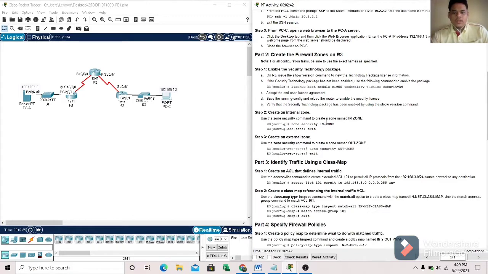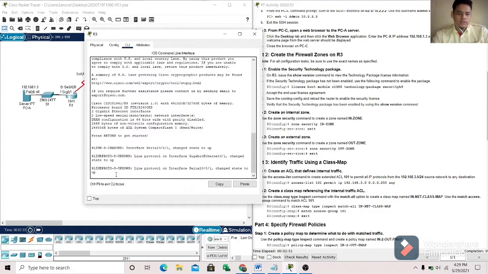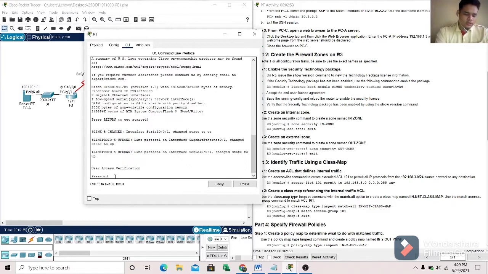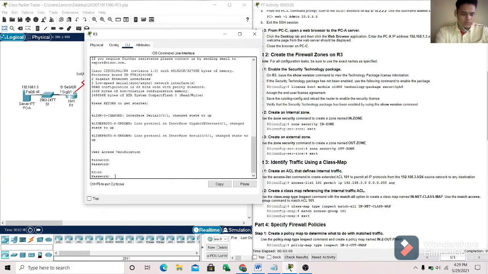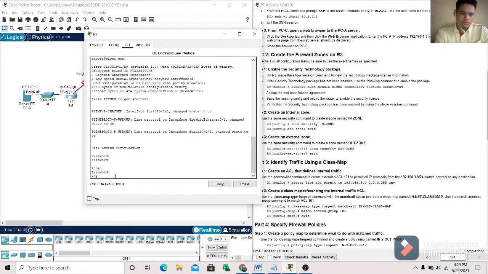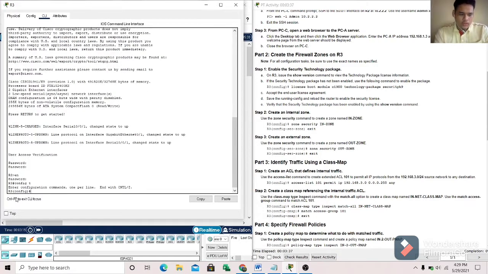Part 2, kita nak kena create firewall zone dekat R3. So kita pergi ke router 3 dulu, kita pergi CLI, then password dia perkara pertama yang kita kena buat ialah config T. Okay. Next step, apa yang nak kita buat kat sini ialah masukkan license. So command yang akan saya gunakan dekat sini ialah